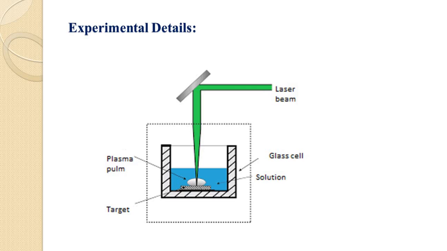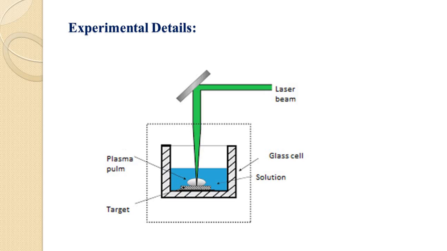A horizontal tube of diameter 4 cm and of length 14 cm was attached to this chamber with the provision of two Teflon flanges for the placement of quartz window. The chamber was filled up with liquids, that is deionized water and methanol. After filling the chamber with deionized water and methanol, targets were placed inside the chamber with the help of a target holder and were placed perpendicular to the laser beam.